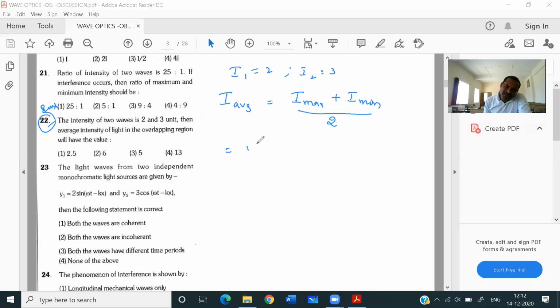What is I maximum? Root I1 plus root I2 whole square is I maximum, plus I minimum, which is root I1 minus root I2 whole square, divided by 2. This is called I average. Are you understanding what I am writing there? Root I1 plus root I2 whole square can be written as I1 plus